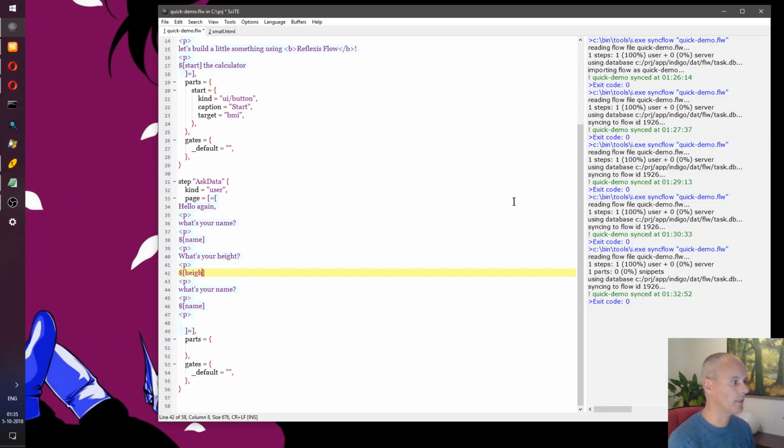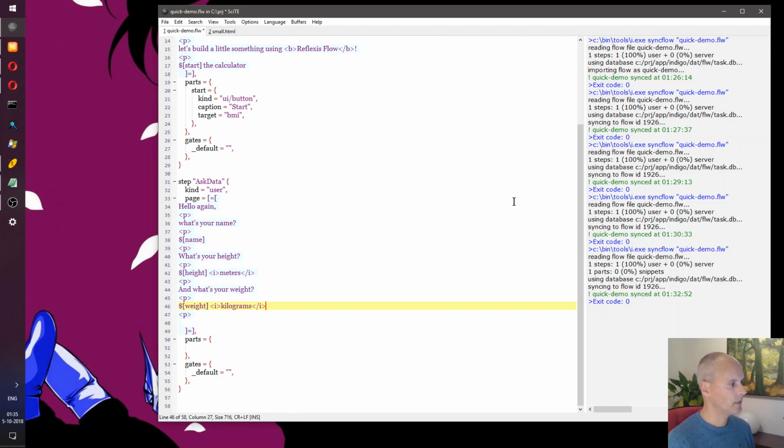And there should be a field that accepts a number, and we should ask about the weight, and we can do that here. And height should be in meters, so it's probably a good idea to mention that, and do the same thing with weight, which should be in kilograms.